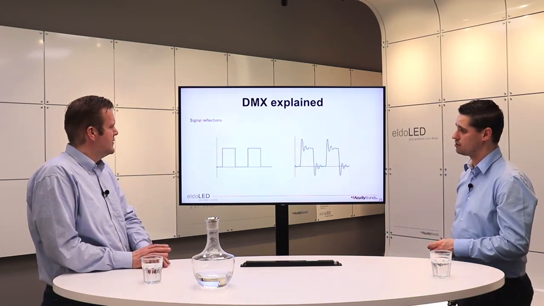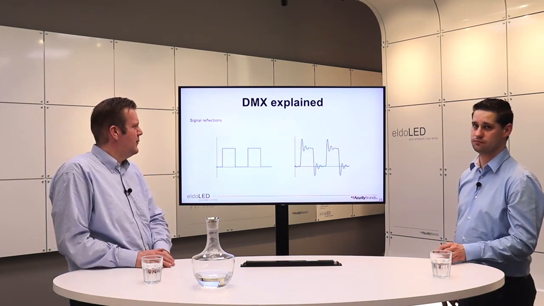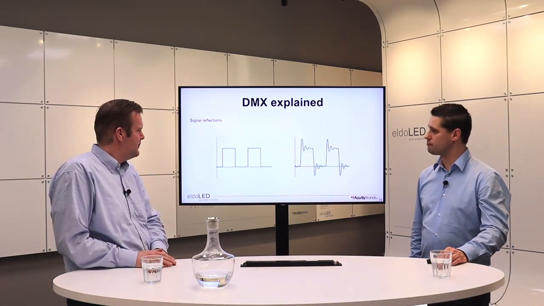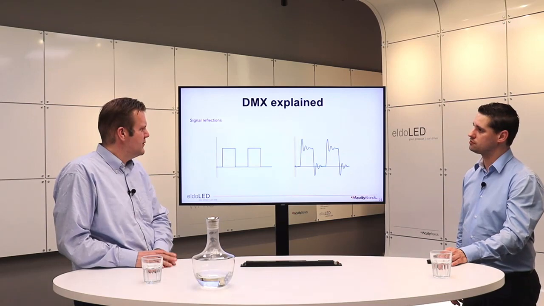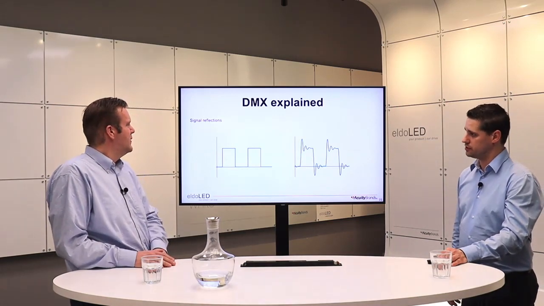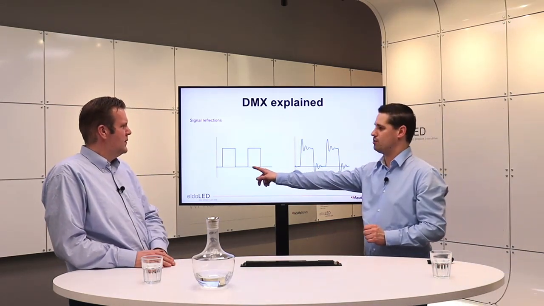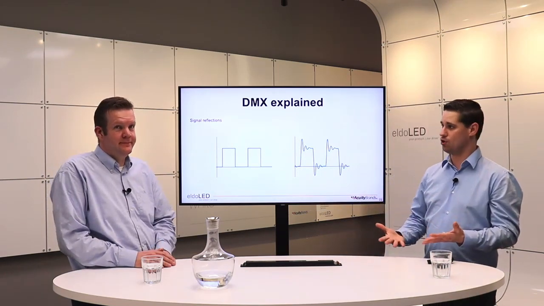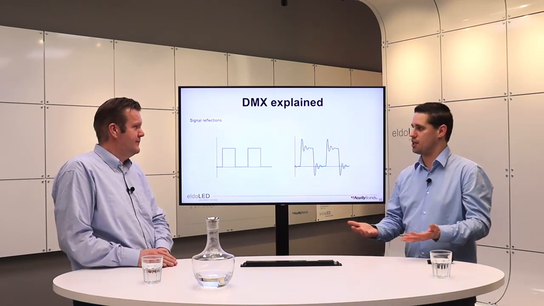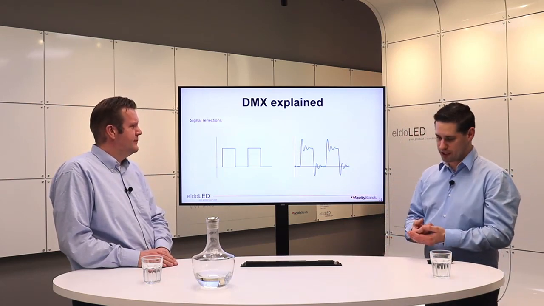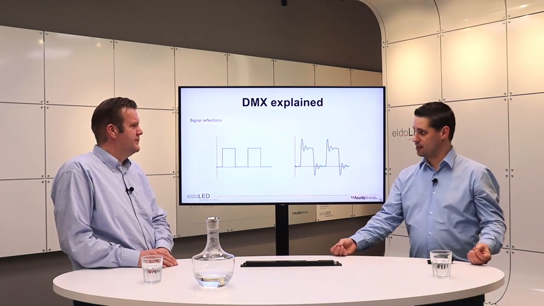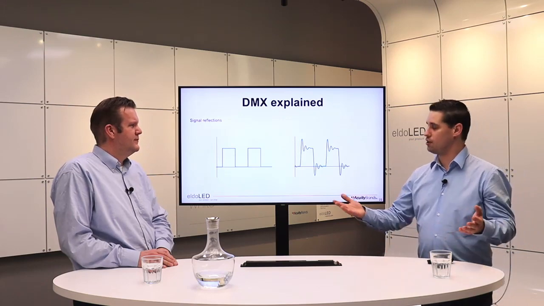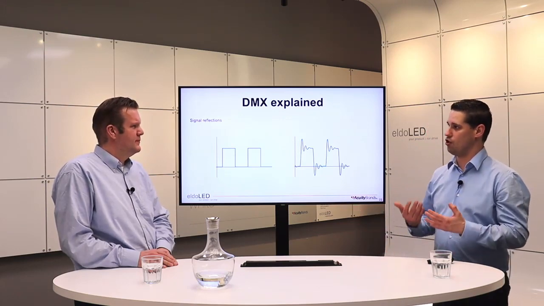Signal reflections. So this is an important topic, I can imagine. On the left side, we see perfectly square waves, and on the right side, we see something totally different. The signal will never look as clean as this. So this is the ideal situation where the signal is 100% according to specification. But when you introduce cable lengths and capacitance and all kinds of loads on the line, it will always interfere